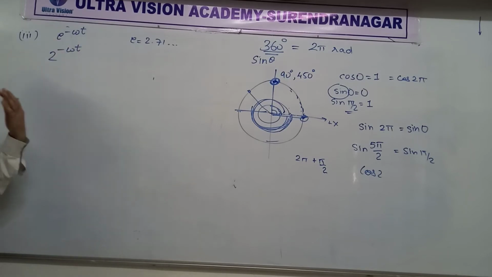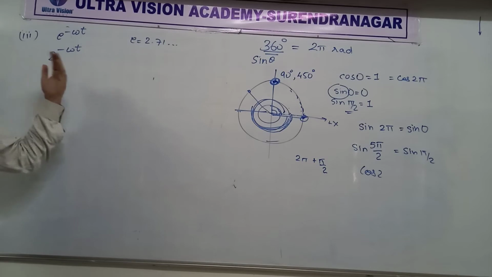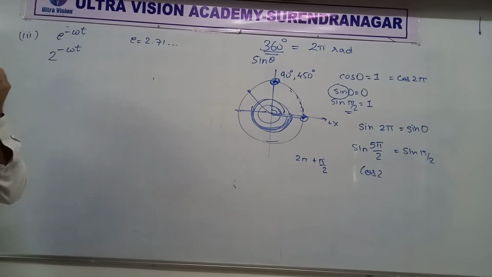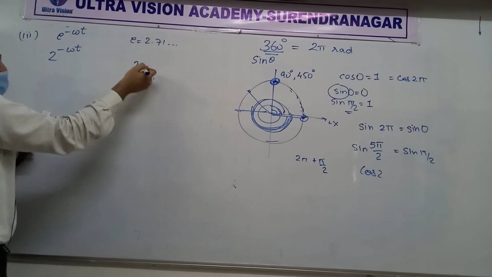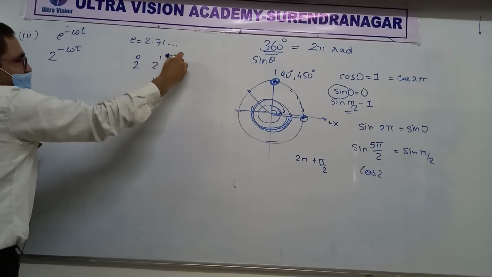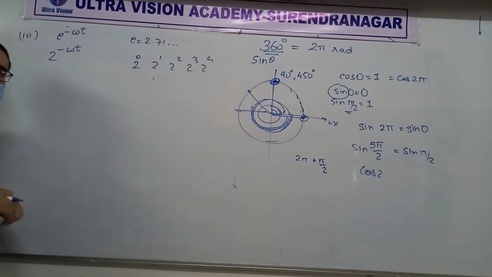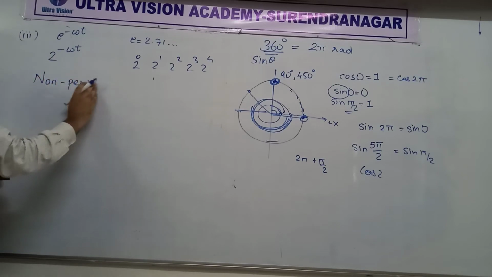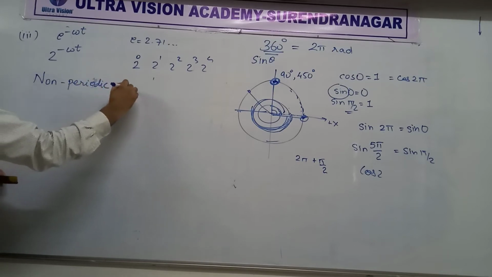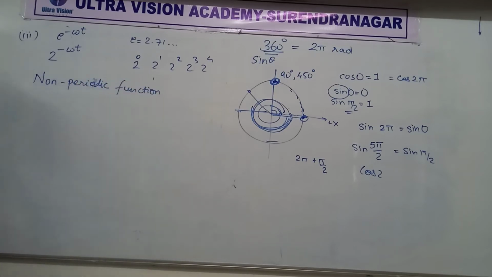So here, do you see any kind of mathematical expression that is repeating? This is a power. Powers don't repeat after a fixed interval. What I mean to say is, if you start increasing power of 2, let's say from 0 to 1 to 2 to 3 to 4 and so on, you are not going to get repeated values at a fixed interval, right? So this is definitely a non-repeating or non-periodic expression or function. Did you understand this? Because we don't get repeated values. Okay?